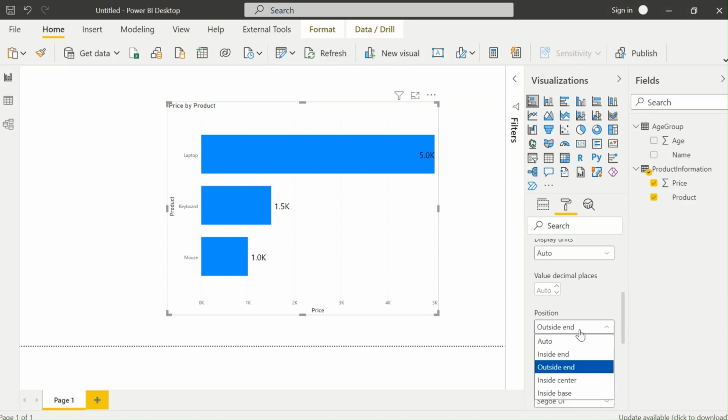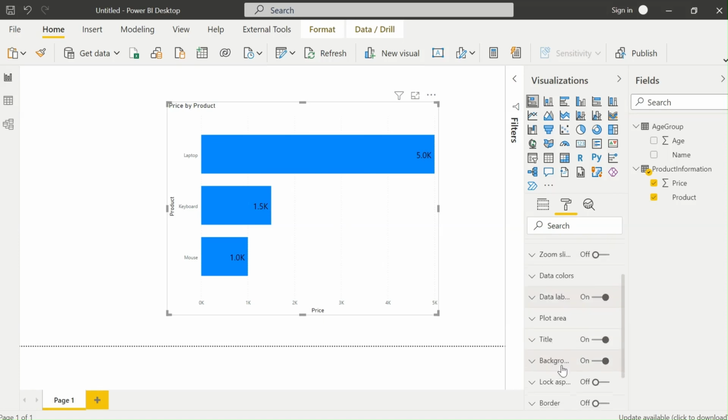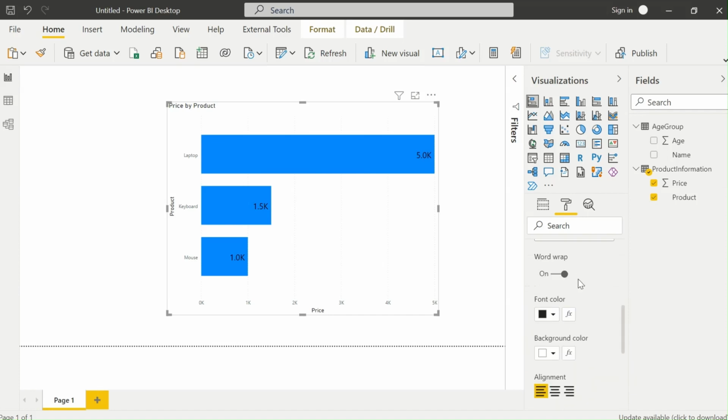Outside end, inside end, we can customize it. Okay. We can have control over titles. We can title it price by product,